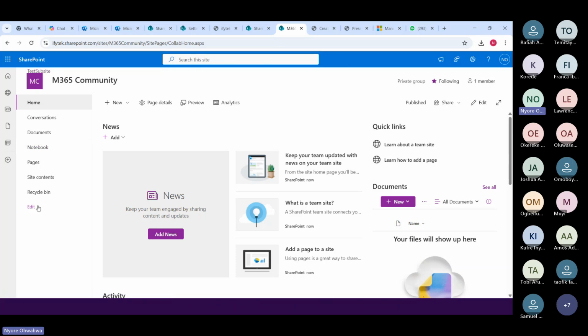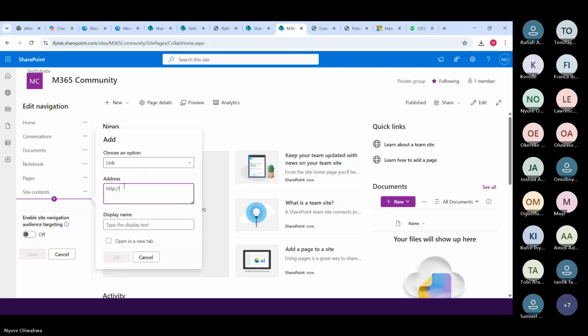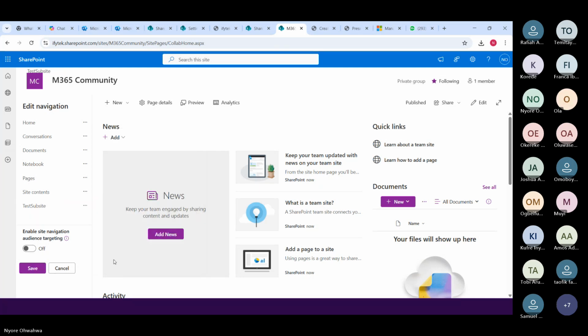But just to make it easy, these are navigations which we will treat later on. I can just click on edit and then add that link there. So it will be easy for me to just navigate. Then I save.